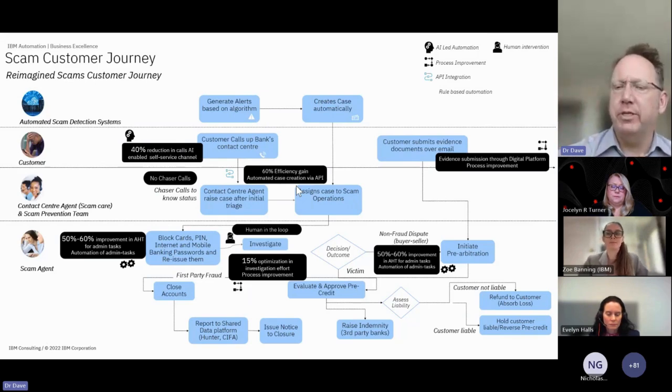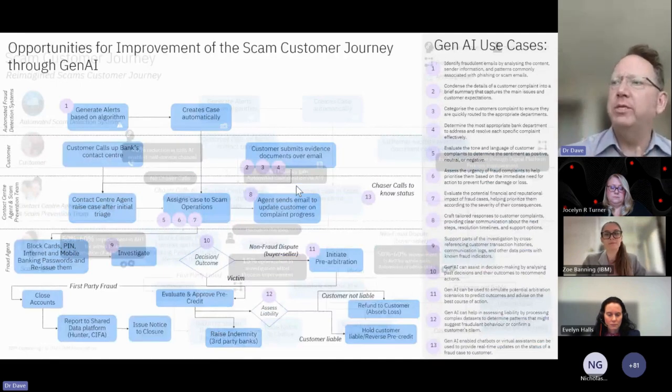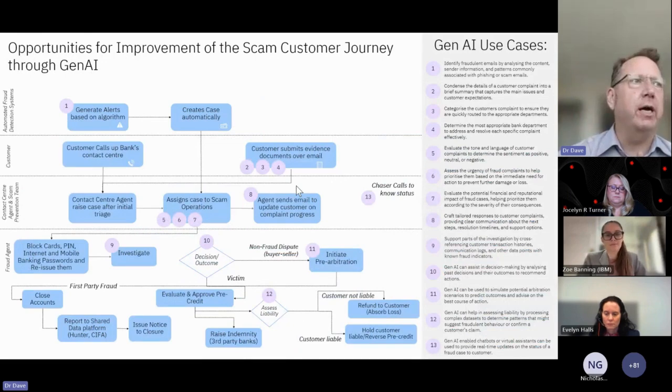And so we mapped out all these different areas where we think there's opportunities. What Zoe is going to go through with her demo is to talk through a whole bunch of different example use cases across this process of where you can use generative AI to improve the process, right? Everything from identifying the actual fraudulent transaction in the first place, reducing the number of false positives, to managing the